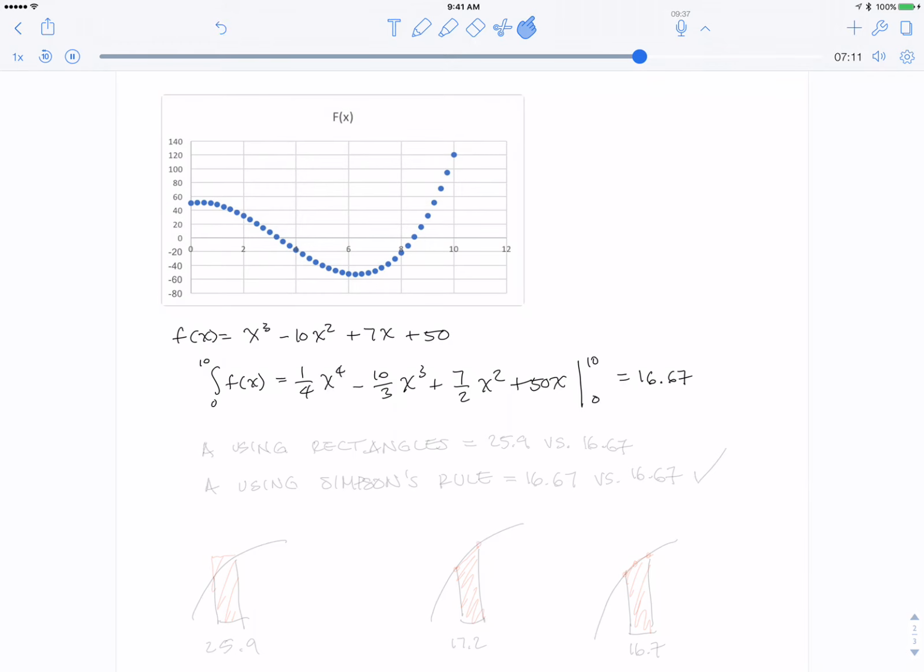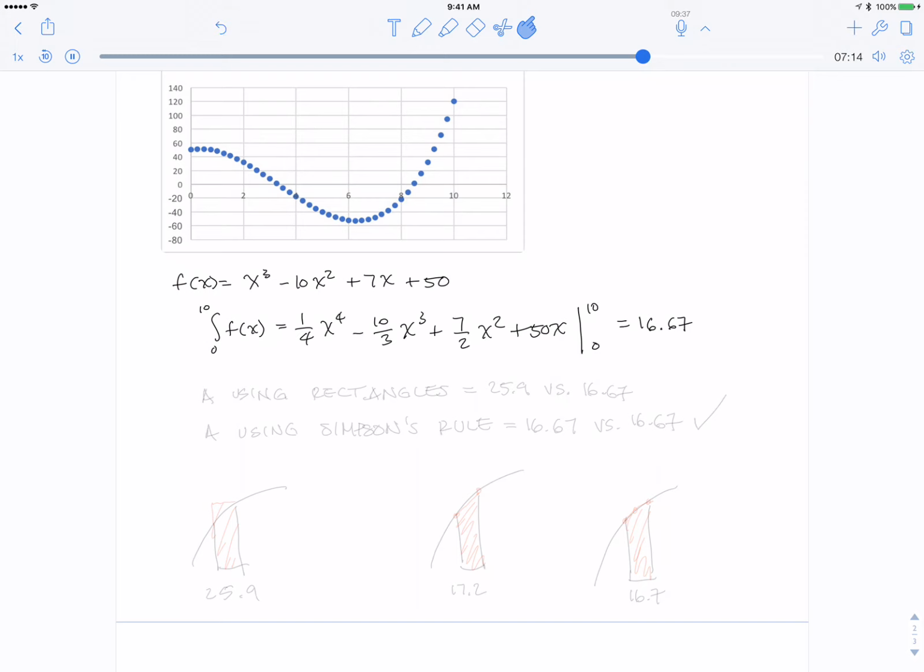Okay, so I'm going to fix my spreadsheet up, do this both by rectangles and parabolas using Simpson's rule, and we'll see how it turns out. Okay, so using the points shown here, the dots, when I got the area using rectangles, I got 25.9 versus 16.67. And then when I use Simpson's rule,